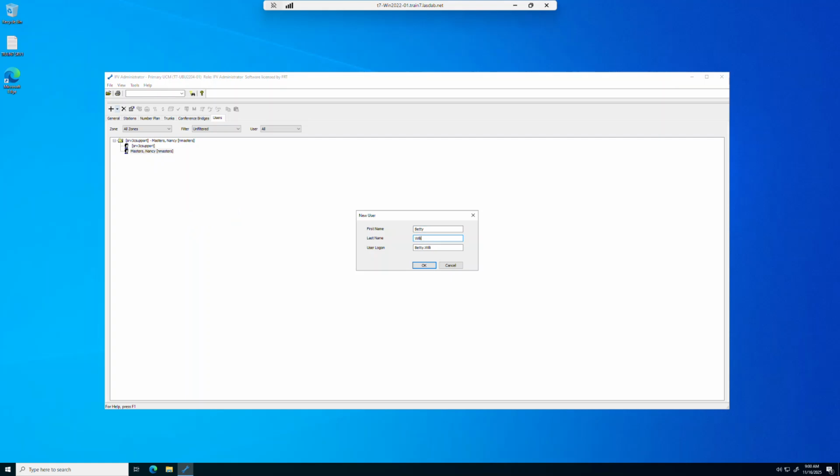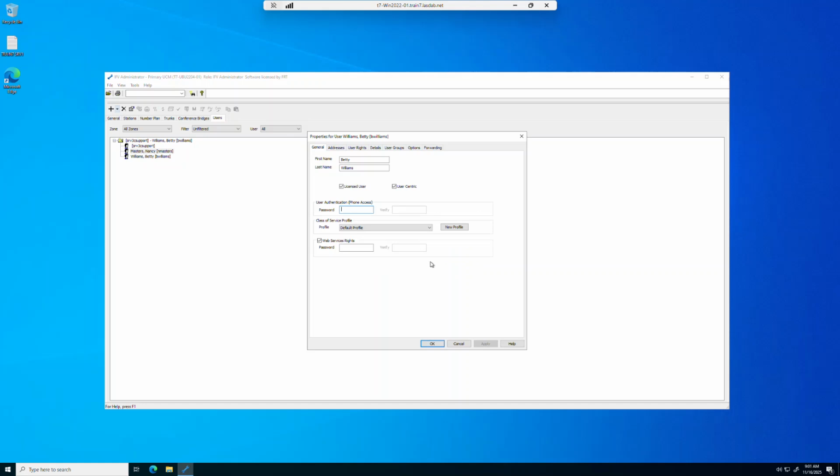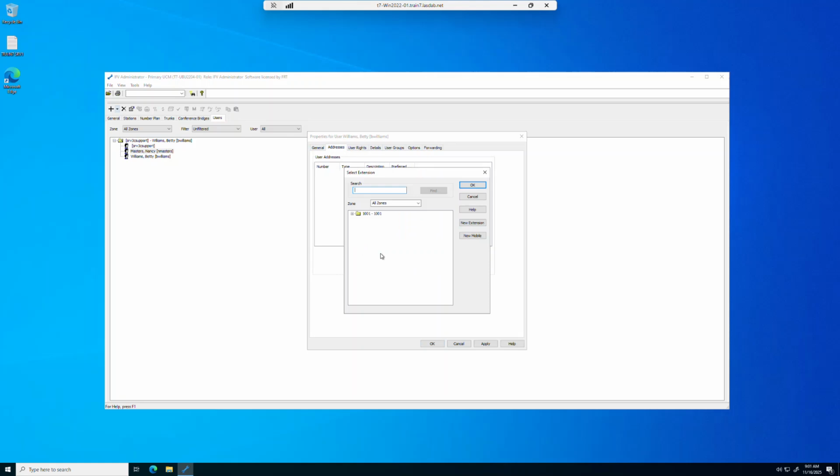Williams. And I will change it to B. Williams. I will set a default password for the user. I will change the profile. Let's put employees again. I will uncheck the user centrics box. I will give it an address. So I will add the address. The address,